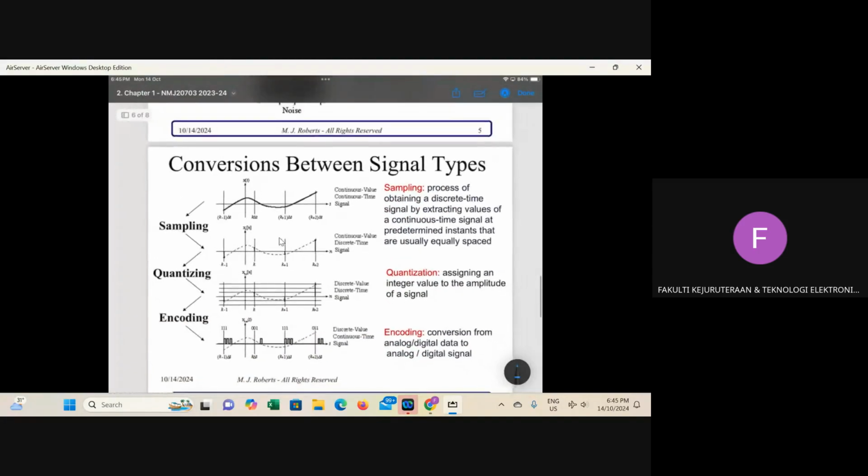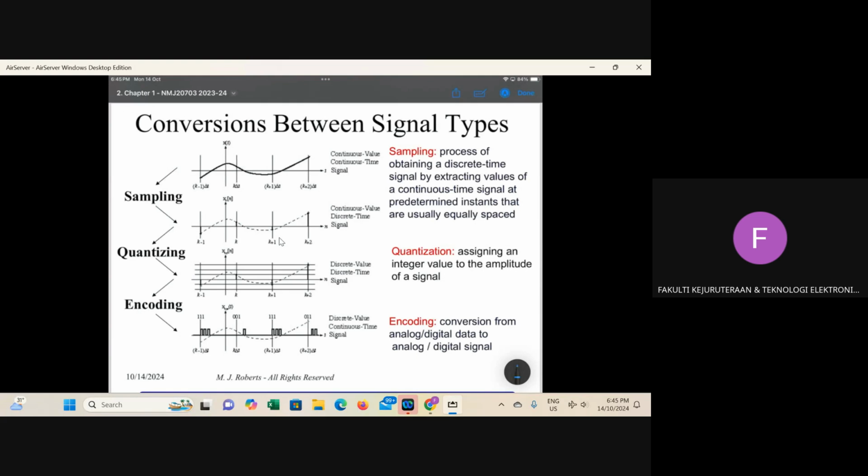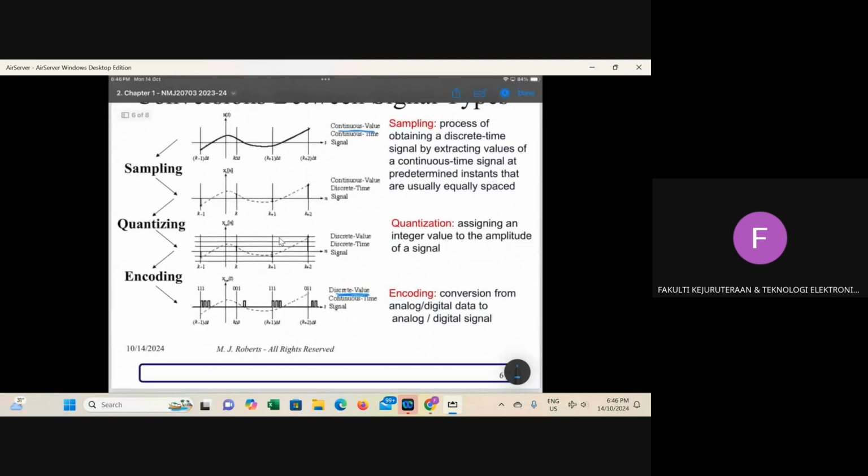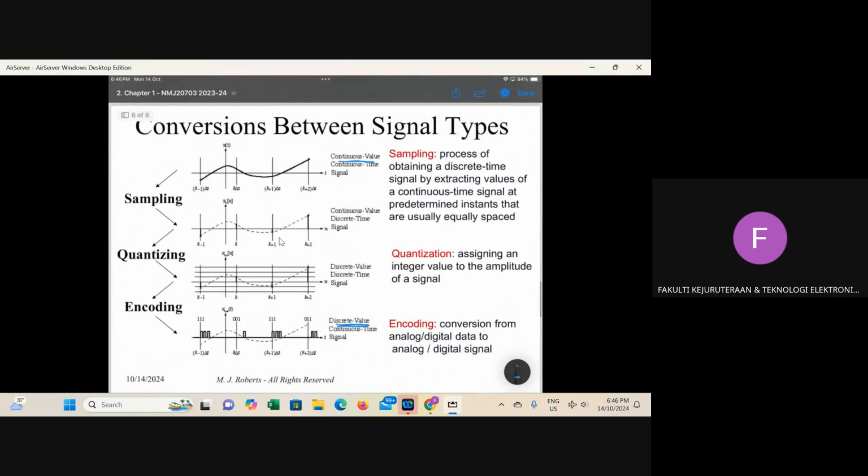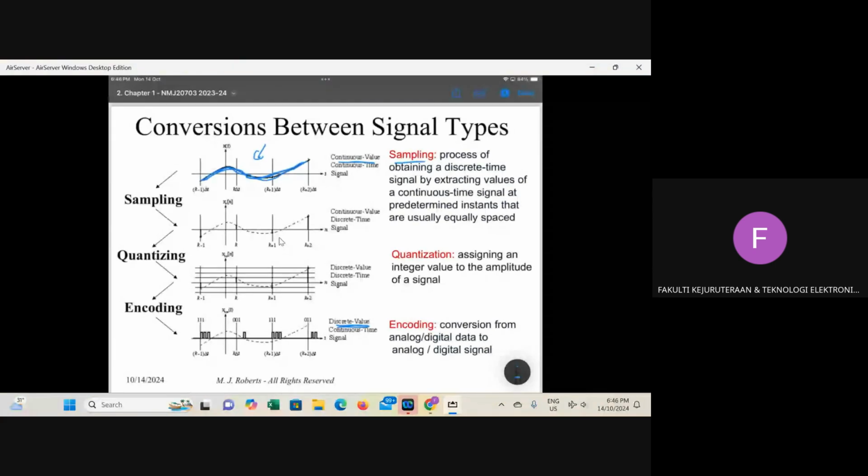Okay, and we can convert from continuous value to discrete value, and we call it a sampling process in this case. Okay, so here you have continuous value, right? The amplitude, right? So sampling is a process of obtaining a discrete signal by extracting values.